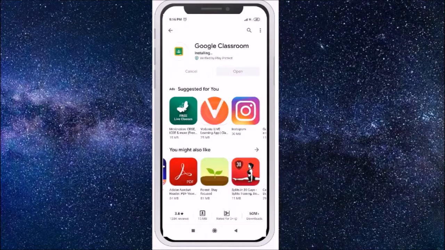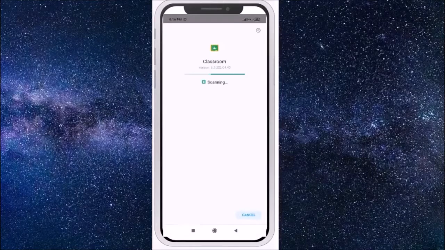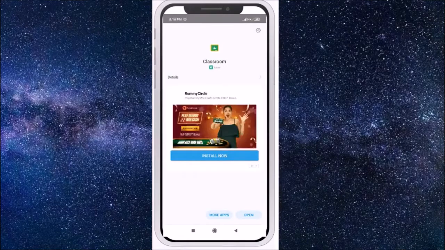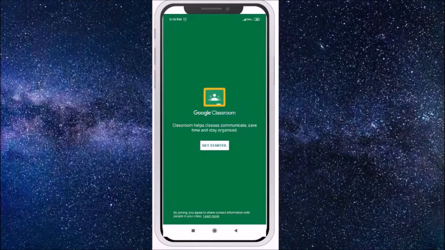Now it is almost installed. Now you can open this Google Classroom on your mobile phone. So click on open. So it will open the Google Classroom.